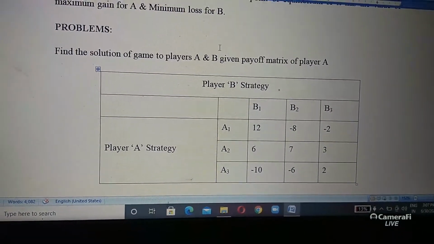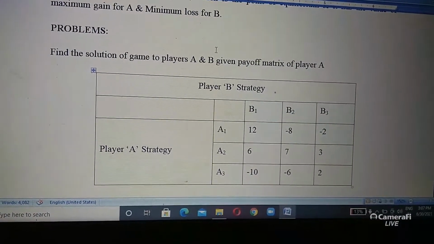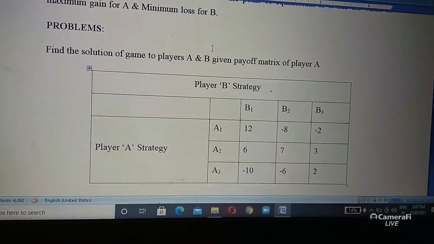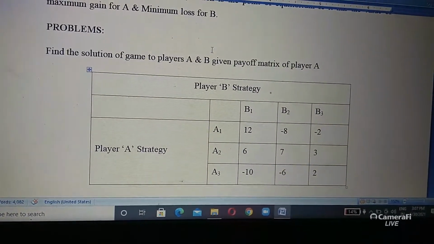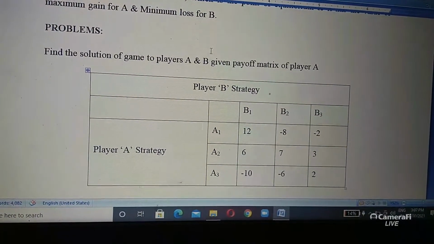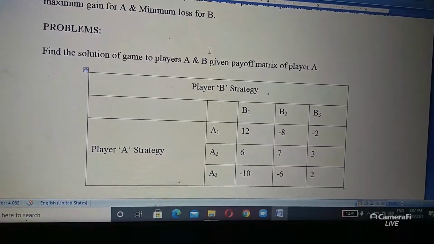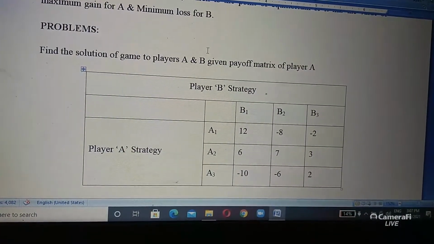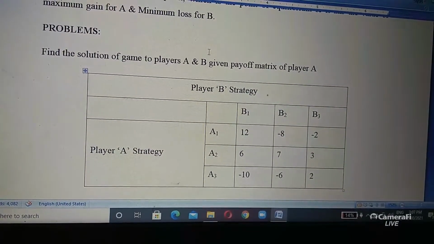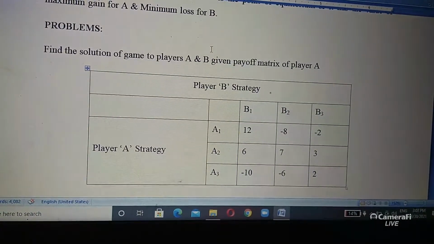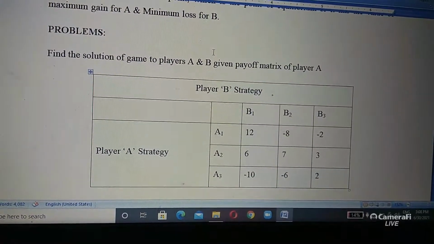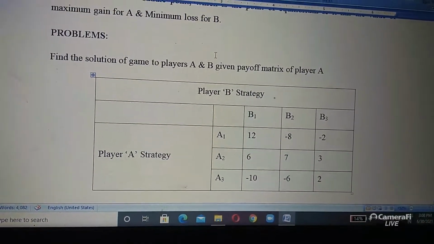After observing this question, the basic thing is we have to check whether the saddle point exists or not. In the coming classes we are going to discuss when the saddle point does not exist. Today we are discussing when the saddle point exists. When only a 2 into 2 matrix question is there and the saddle point does not exist, another method is there, we will discuss in the next class. But for today what we are discussing, see,